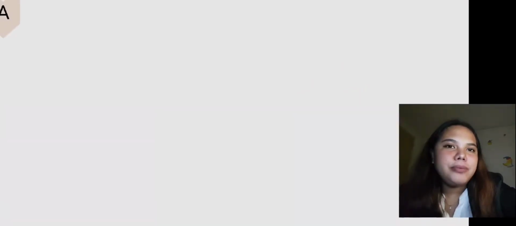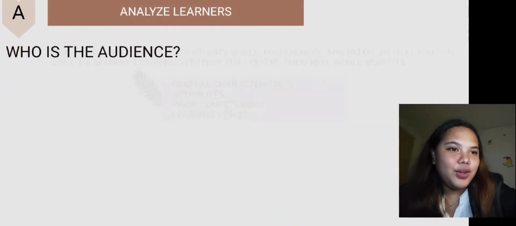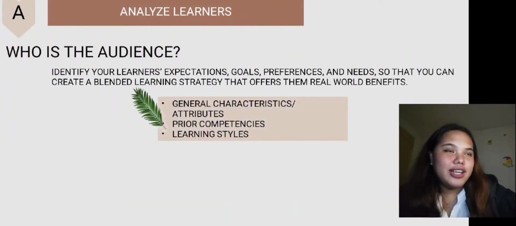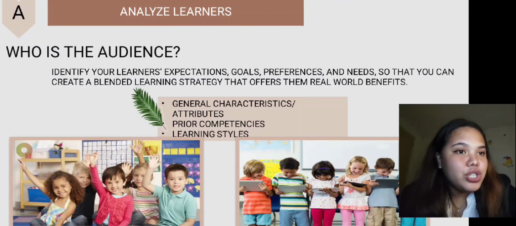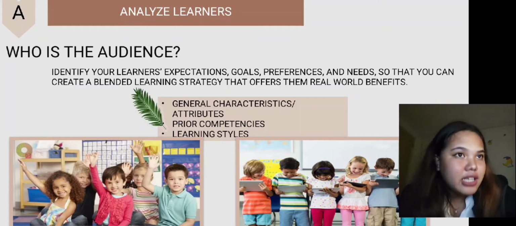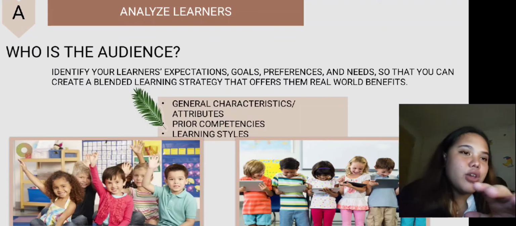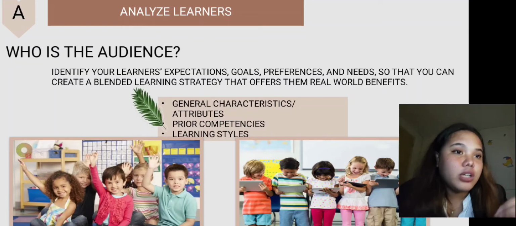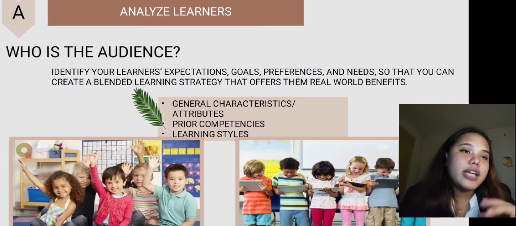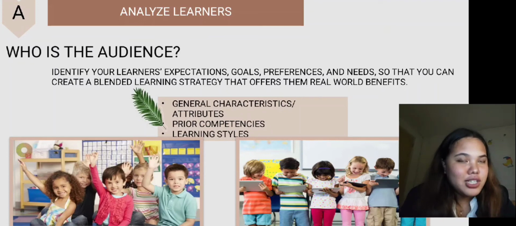First, we have A. Analyze learners. Who is the audience? Kinsa ka ha? So, the first step in the process is that the teacher should analyze the attributes, the personalities, the characteristics of her or his learners. There should be a focus on those learner characteristics which are associated with the learning outcomes desired. The information gathered will help you in the decisions that you make with respect to the other steps in